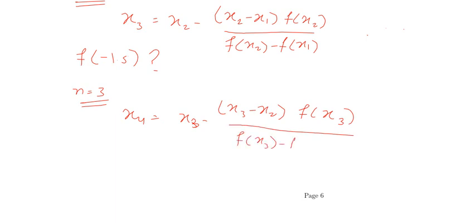All values, x3, f of x2 and x2, are carried forward from the previous step, and the new function evaluation is f of x3. So in this step you have to evaluate f of